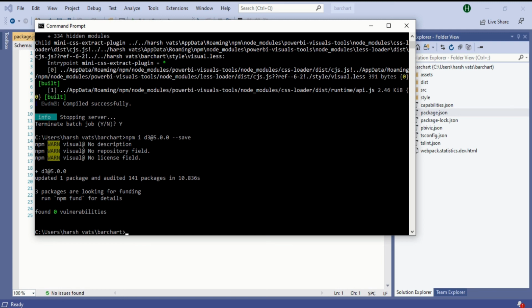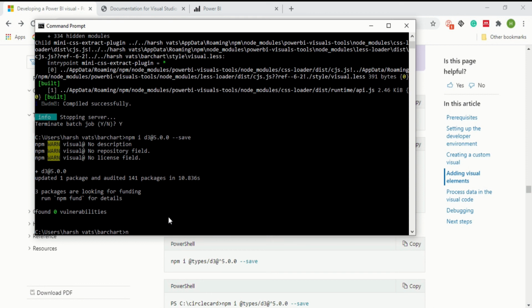And how to do that? For that you have to type again npm i @types/d3@5.0.0 --save.